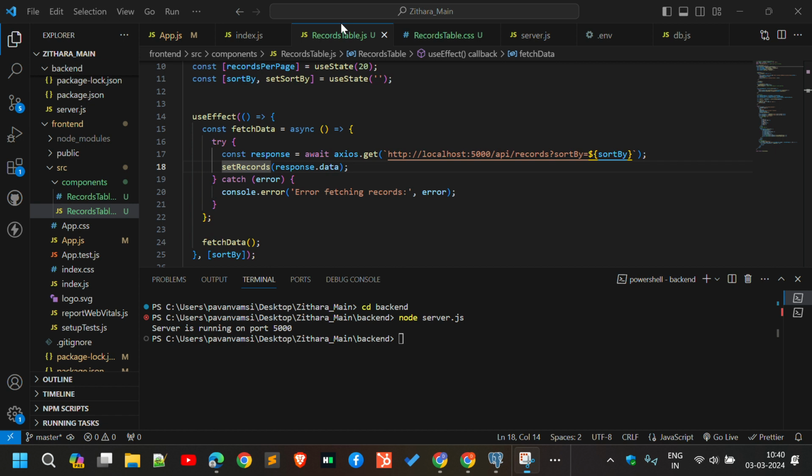So we can stop it, and the front end has been stopped, and we can stop the backend. Now in this way we can create a single page web application using